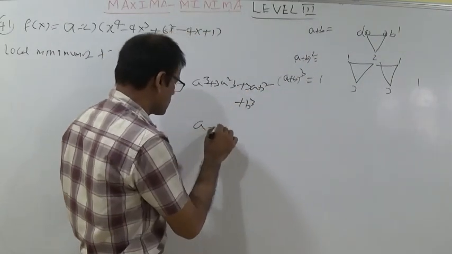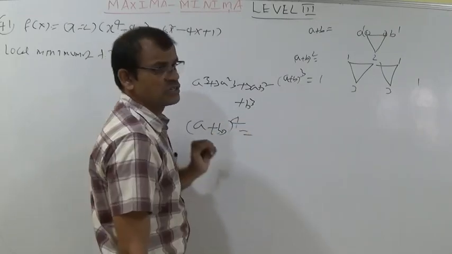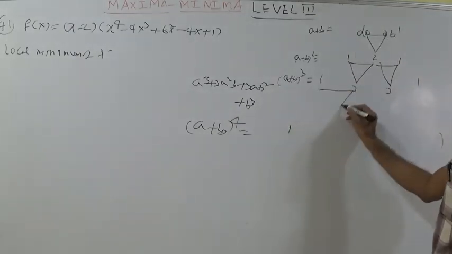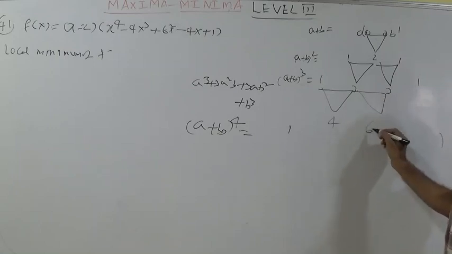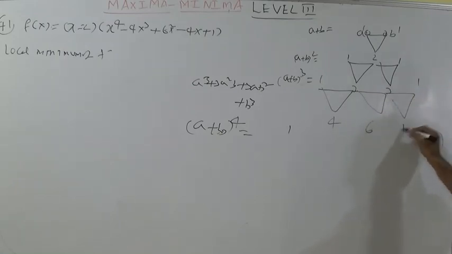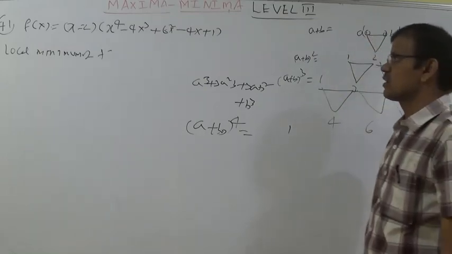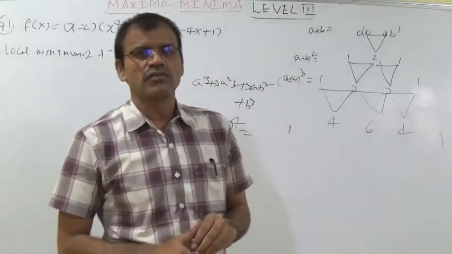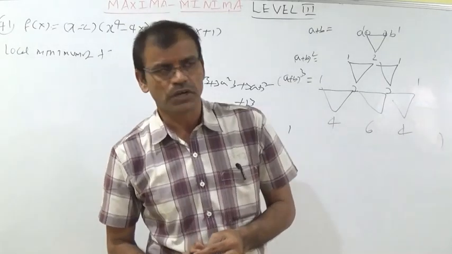Let us discuss a plus b whole power 4. The coefficients, first and last, are always 1. You can understand that this is 1, 3, adding gives 4, then 3 and 3 adding gives 6, then 3 and 1 adding gives 4. These are called coefficients using the Pascal triangle. I think you have learnt Pascal triangle in 10th class. If you could not understand, you will learn it in the binomial theorem in second year.